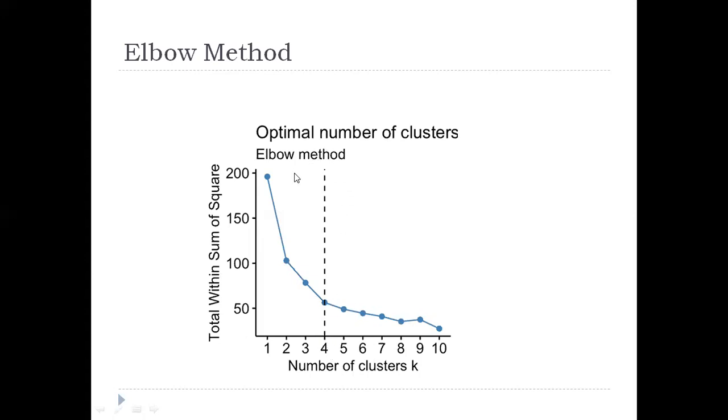The reason it is called the elbow method is that this graph looks like an elbow, right? This becomes your hand. So you'll decide on the point where the curve bends. That is your optimal value. That elbow point you take as the number of k. So that is why it is called the elbow method.